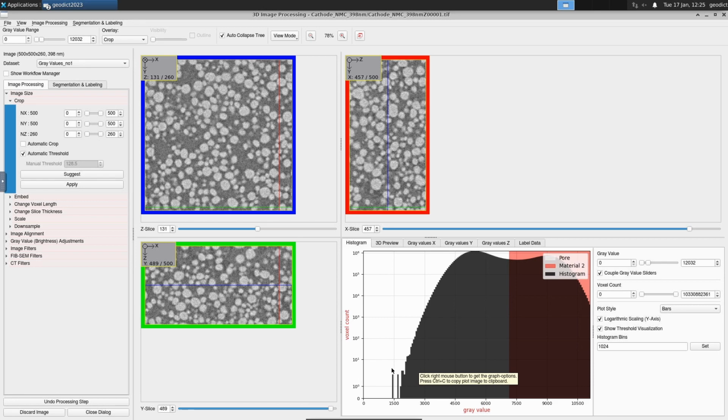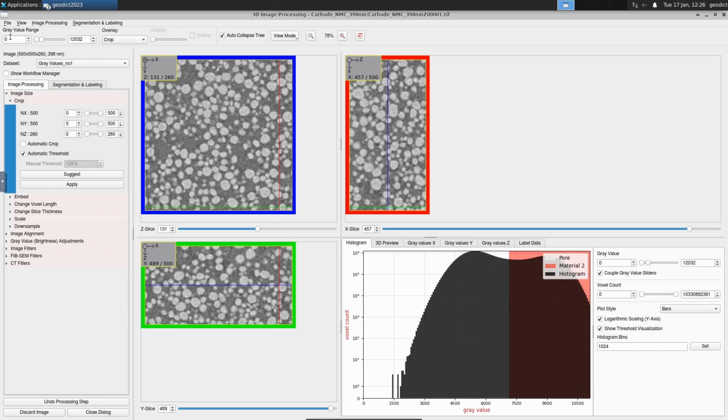But in there you can still see that there is a large area where basically nothing happens, from 0 to around 2000, which is not really used, and we still want to take that out of our visualization. We can do this up here in the upper left corner by selecting the gray value range.